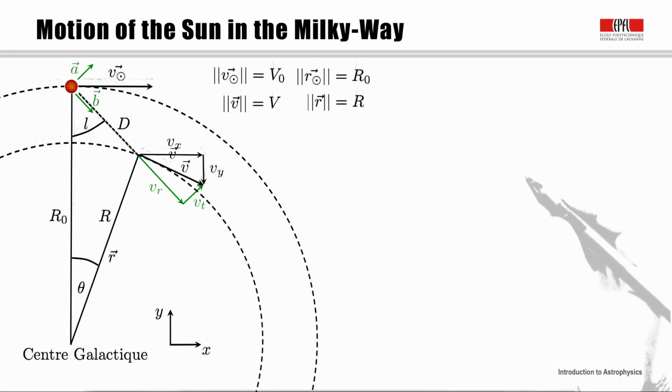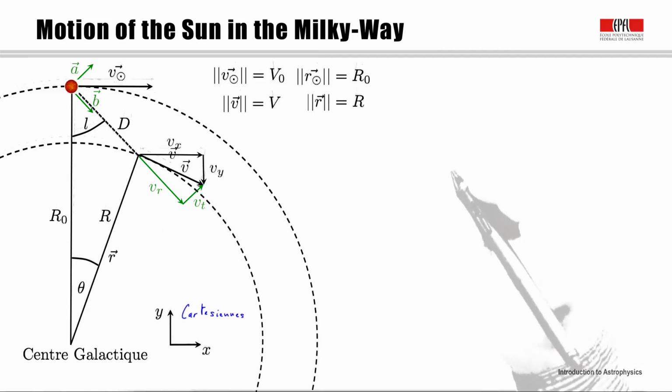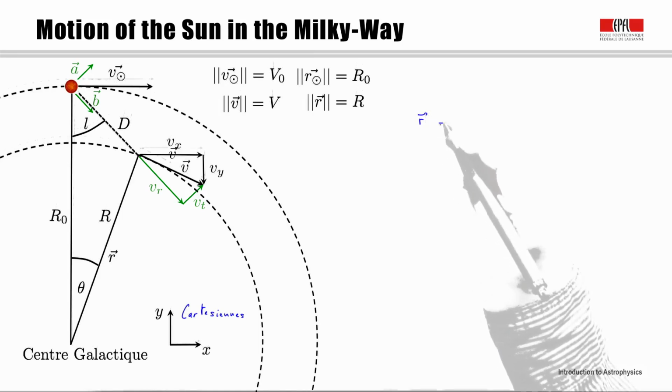Different things must be defined. Let's set a Cartesian coordinate system with x, y. Then the velocities and radii will be decomposed along the x and the y axis. So Vx, Vy, Rx, Ry, and so on. In this coordinate system, r is equal to the norm r